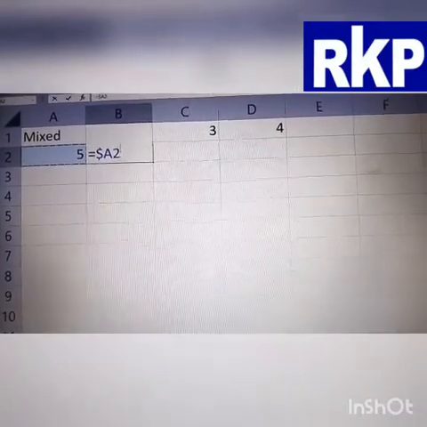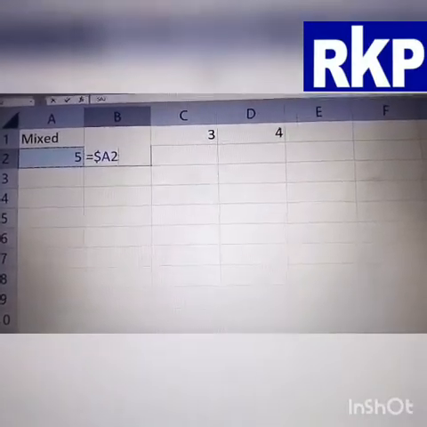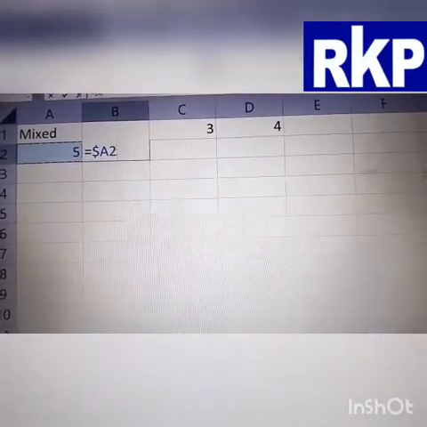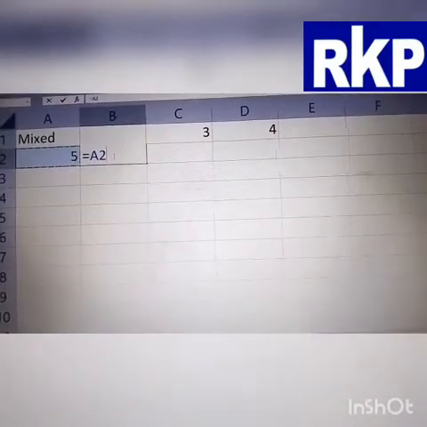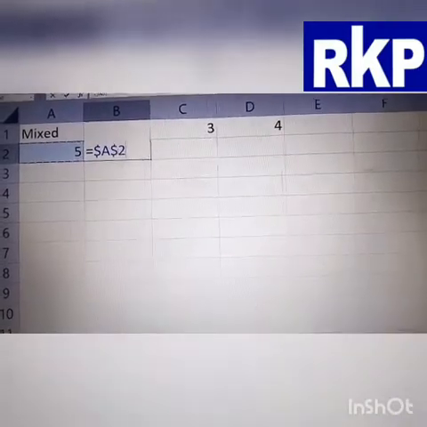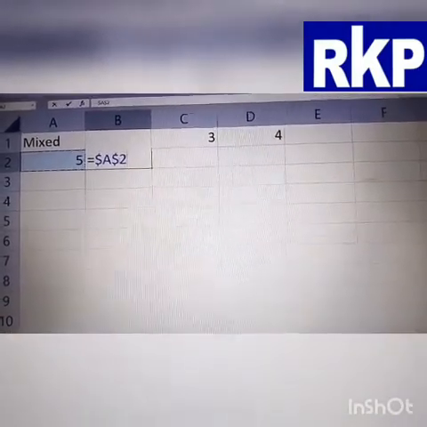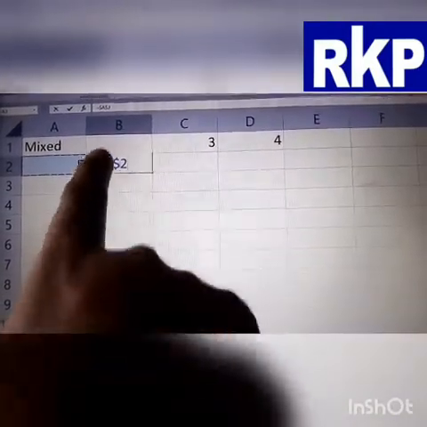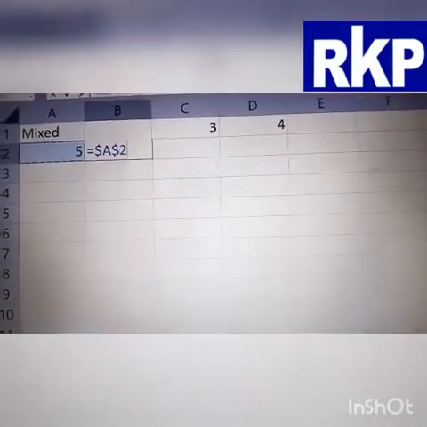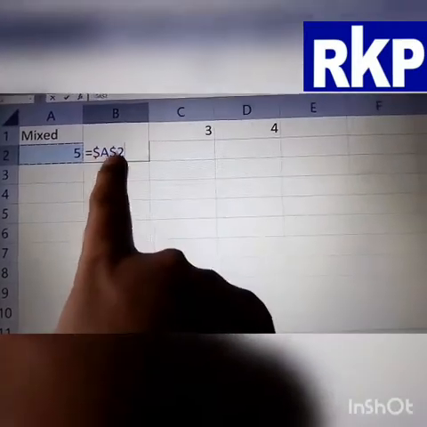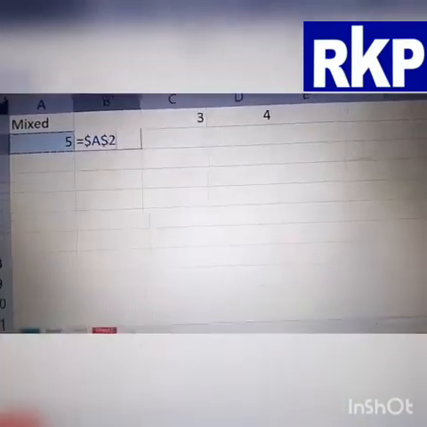So if you are not comfortable writing the $ sign, you can use the F4 function key. I need a fixed absolute reference here, so one time I am going to press F4. Now students, you can see this is fixed.